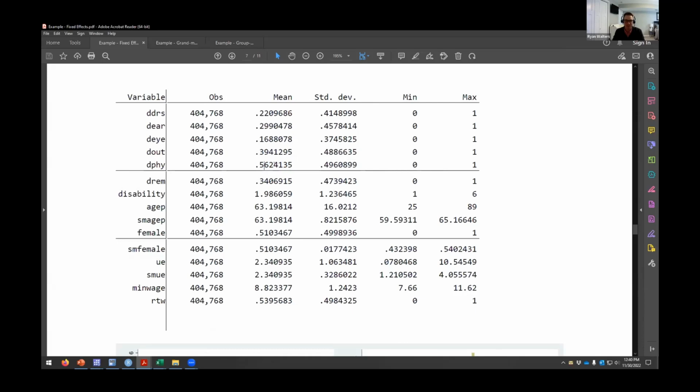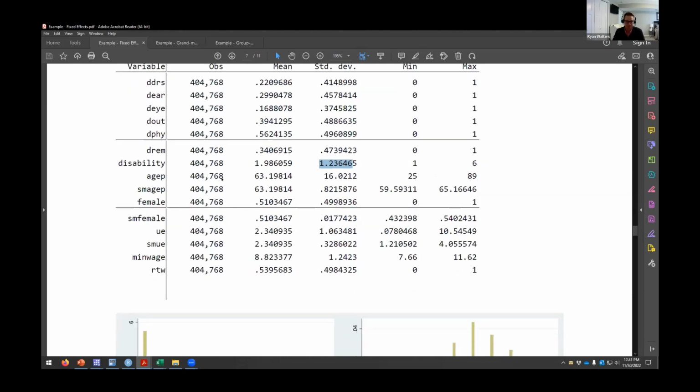physical activity limitations, which again makes sense given the median age of this sample that we have here. The mean disability score is approximately 2. So on average, respondents are saying that they have about 2 disabilities. You can see that the standard deviation is very close to the mean, which should indicate to you immediately that we have a heavily skewed distribution here.